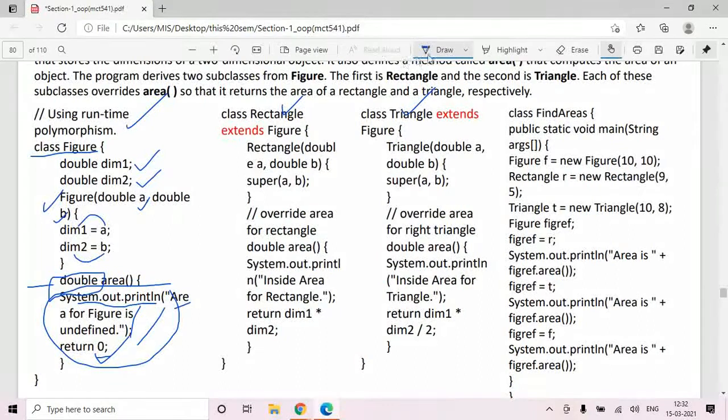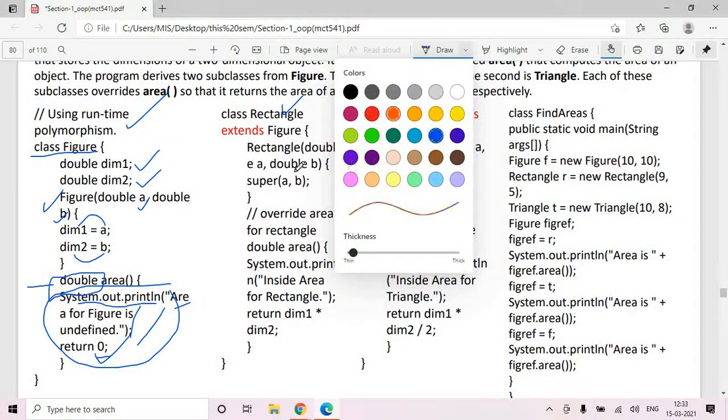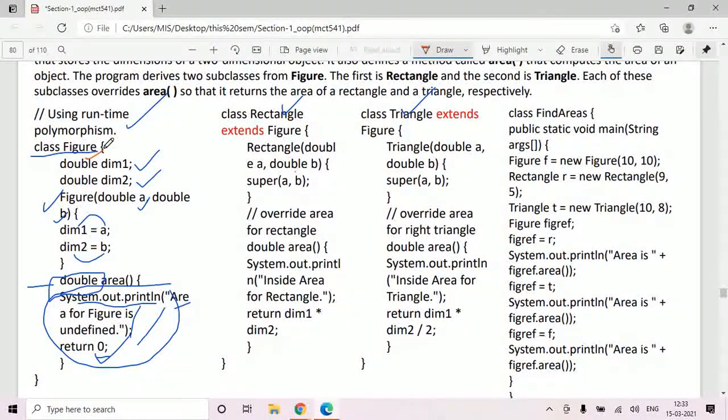Now from the class figure, let us derive a rectangle class. So class rectangle, it extends class figure. Okay.